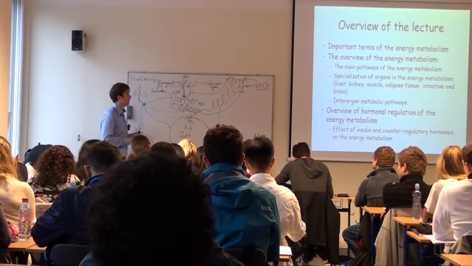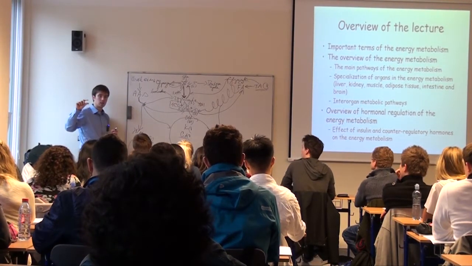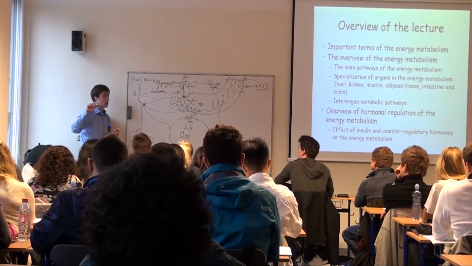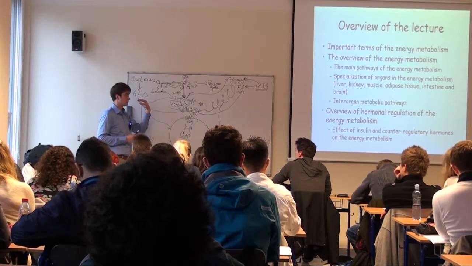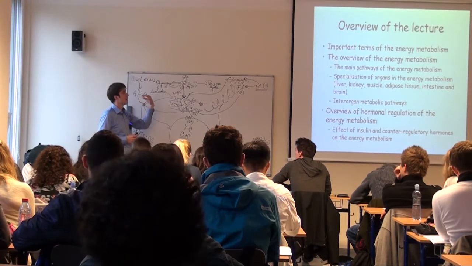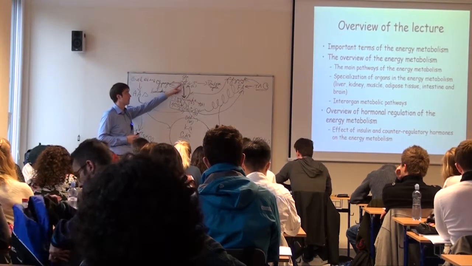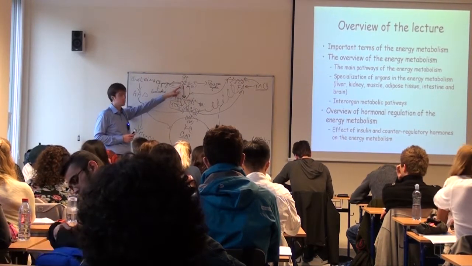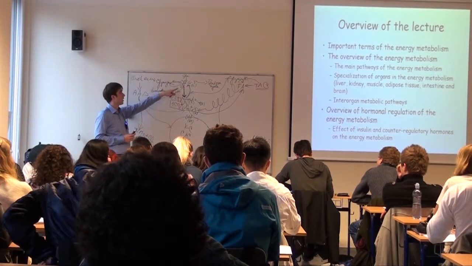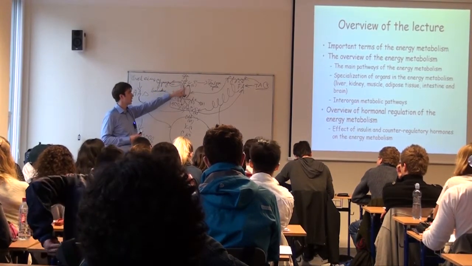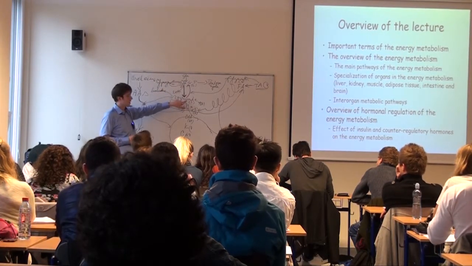And liver controls that the glucose level is maintained in this range. If the glucose level increases, then in liver you start the catabolic pathways. It means if the blood glucose level is high, then in liver you start to degrade glucose to pyruvate